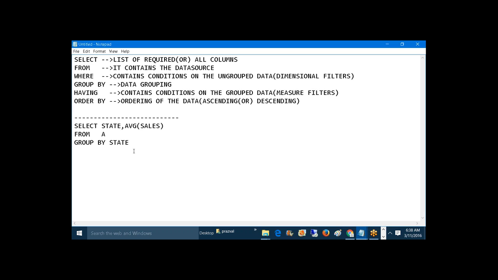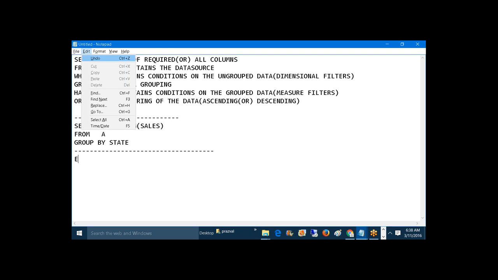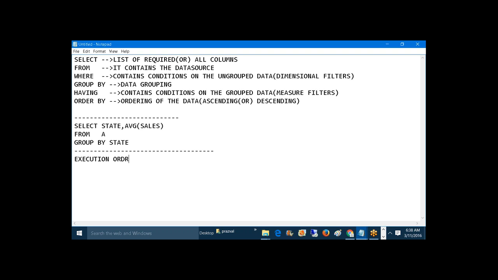And finally, let's see the execution order. We have seen the description of the different clauses: select, from, where, group by, having, and order by. So how will they execute? What is the execution order of these different clauses? So the execution order is